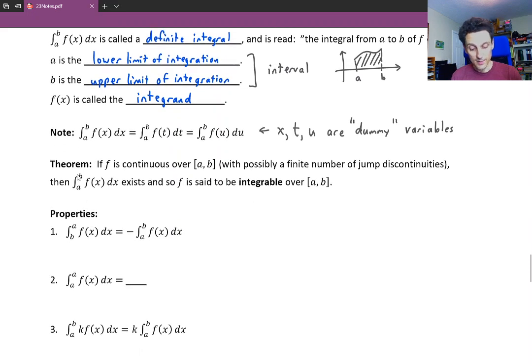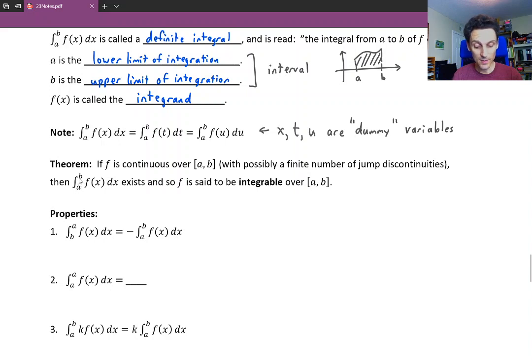Now this theorem is talking about when a function is going to be integrable, when you can actually evaluate the area under a function from A to B. And it basically says as long as f is continuous over the interval from A to B, with possibly a finite number of jump discontinuities, so you could jump up a little bit, as long as there's a finite number of them,